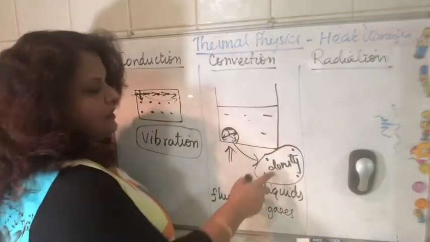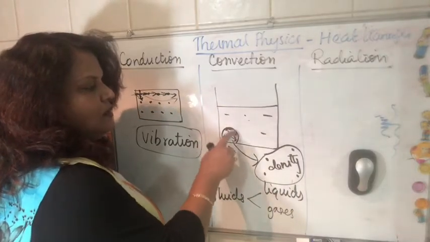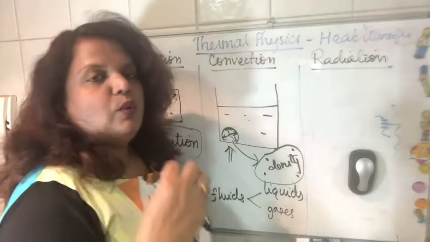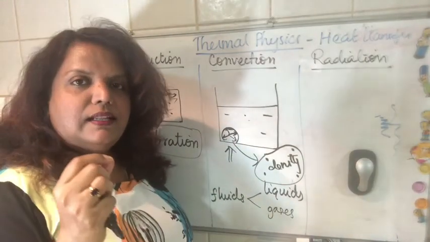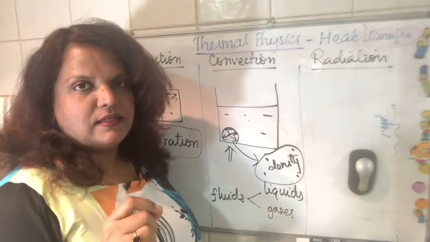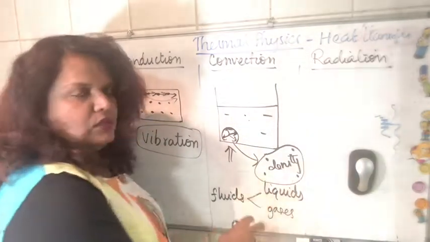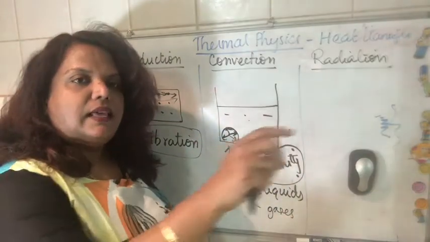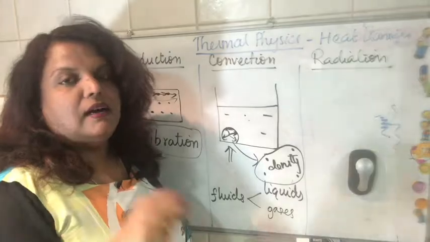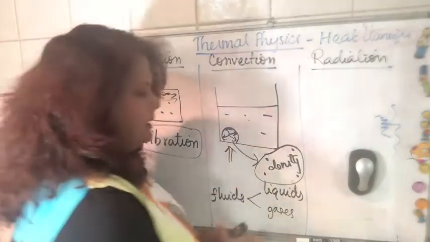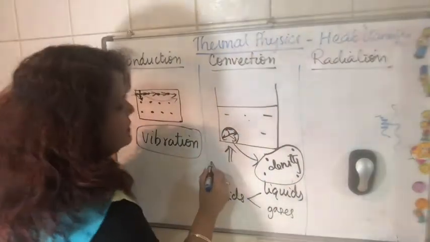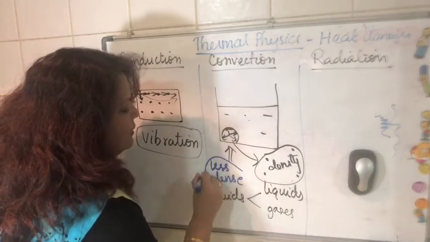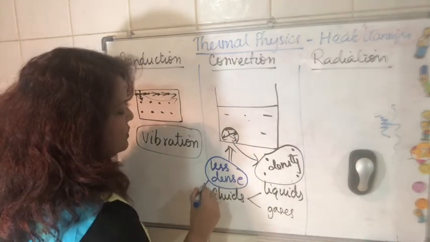If you compare the density here and the density here, where the molecules have gained the kinetic energy, there you will have the molecules at less density. They are less dense, am I right? Because they are spaced out. The intermolecular space is greater compared to the other liquid. Hence, they are further apart and are less dense. Now, this is the key term here. This area where it receives heat energy, that liquid is also hot,